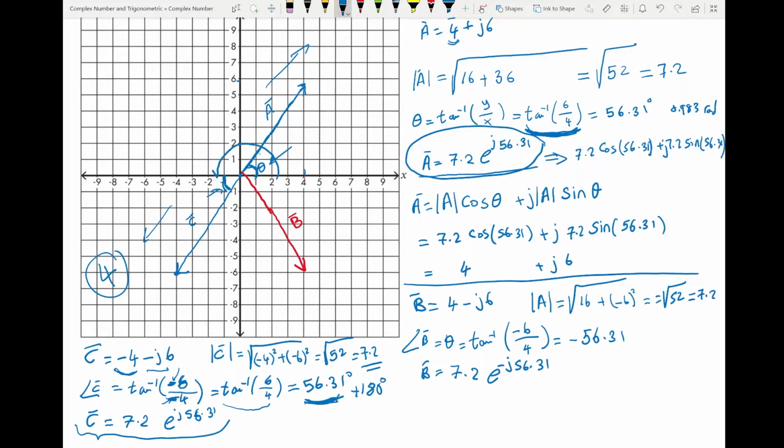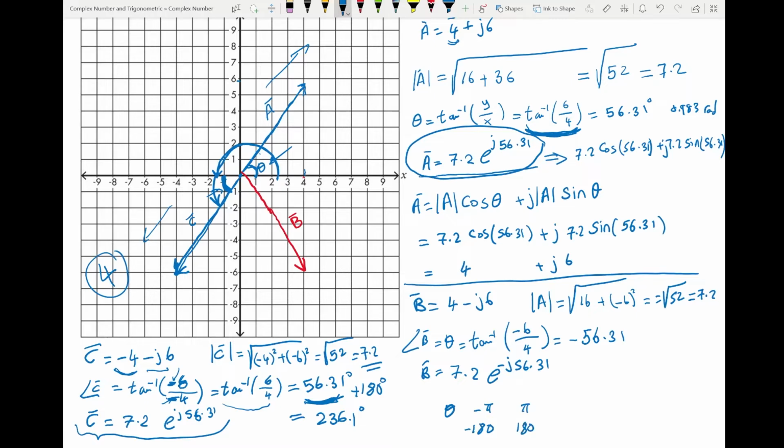So this angle plus this 56.31, that will be the true angle. So this vector is above the x-axis by that much. So that angle will be then 236.1 degrees. Another option, if you want to limit theta between minus pi to pi, or minus 180 to 180,